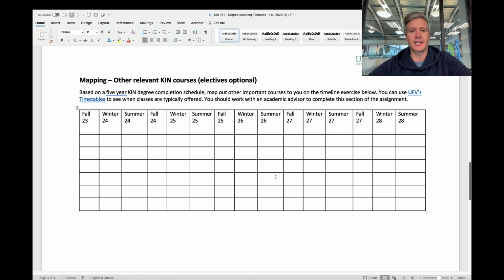If you're not interested in kinesiology, maybe you're deciding psychology or something is more your way, biology, whatever, chem. If that's the case, you can change kin to be chem or bio or psych or whatever and input that into here. You can just do those only. You don't have to worry about electives or anything like that. You can map that out into this section, okay?